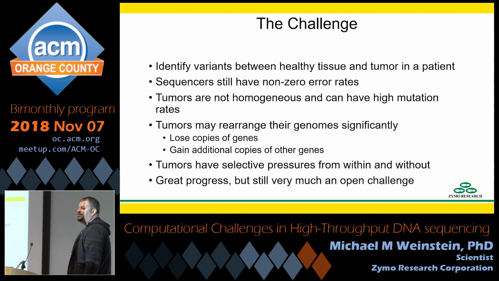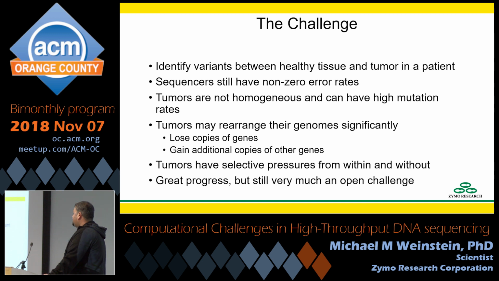In addition to that, you never get just tumor cells. You're always going to get tumor cells, you're going to get blood cells that are in the tumor, you're going to get infiltrating immune cells. All the blood cells and immune cells that are in the tumor are going to have normal genomes. So you never get pure tumor. And the tumor itself may have different mutations throughout.